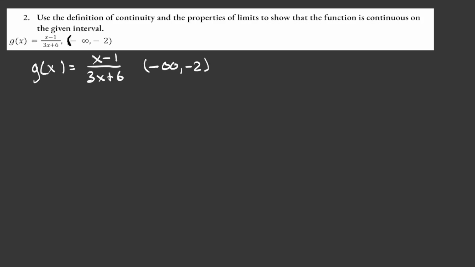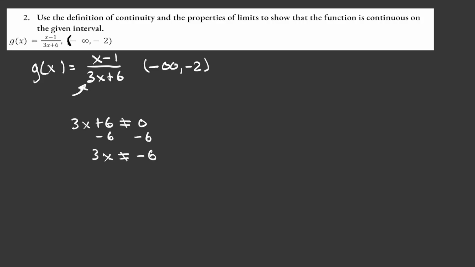So we take the denominator, 3x plus 6, and we know it cannot equal 0. If we solve for our x value, we get where it would break continuity. I'm going to subtract 6 on both sides to start isolating x, and I'm left with 3x